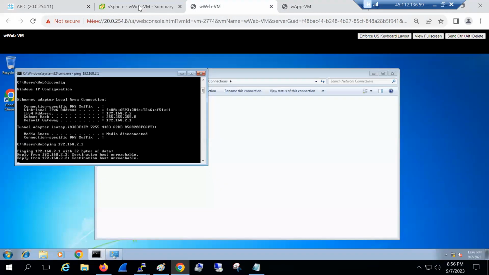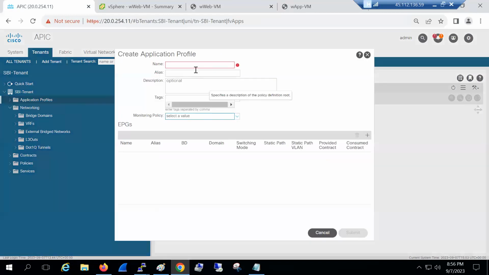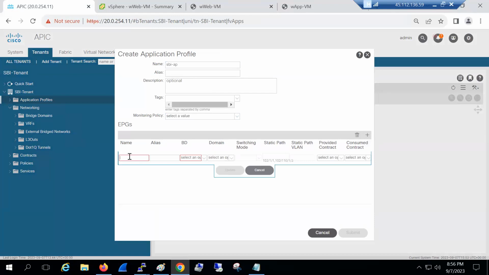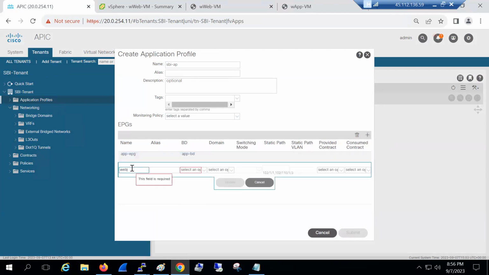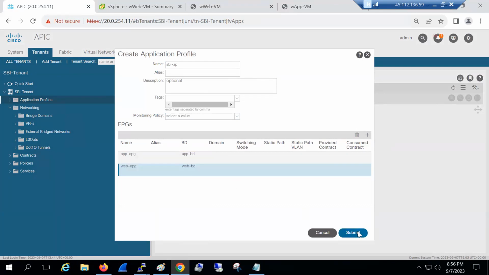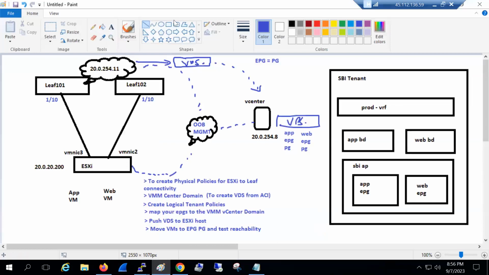All right. So now what I will do is create the EPGs. So I'll call this SPI AP. I'll create two EPGs, app EPG and web EPG. Map app EPG to the app bridge domain and web EPG to web bridge domain. Once my logical policies are created, okay, submit. So my EPG is also created. Now what I want is, I want these EPGs to be pushed as a port group over here. You can see this